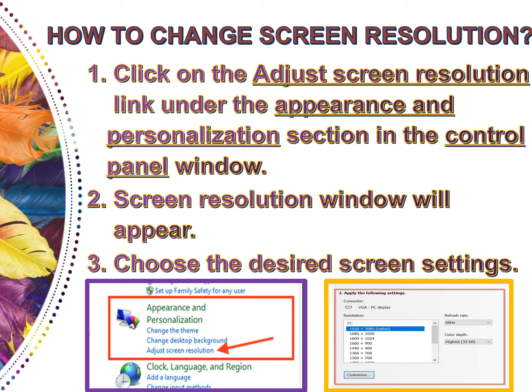This will display the screen resolution window. Now click on the drop down arrow next to the resolution and move the slider to the resolution you want, that is, how much value you want for the resolution, you can set it from that. At last, click on the OK or apply button. The screen resolution changes accordingly and the display settings dialog box will appear. Now keep the changes in order to use the new resolution, or click on revert to go back to the previous resolution.